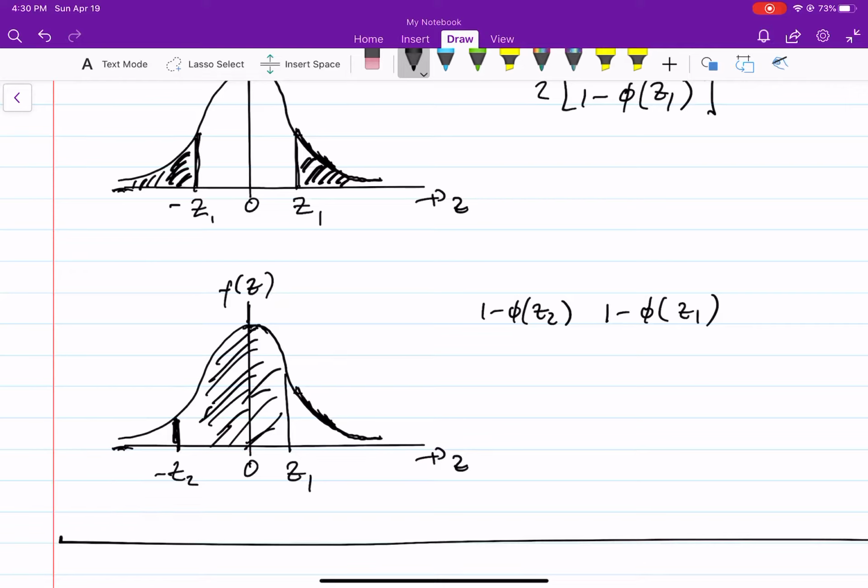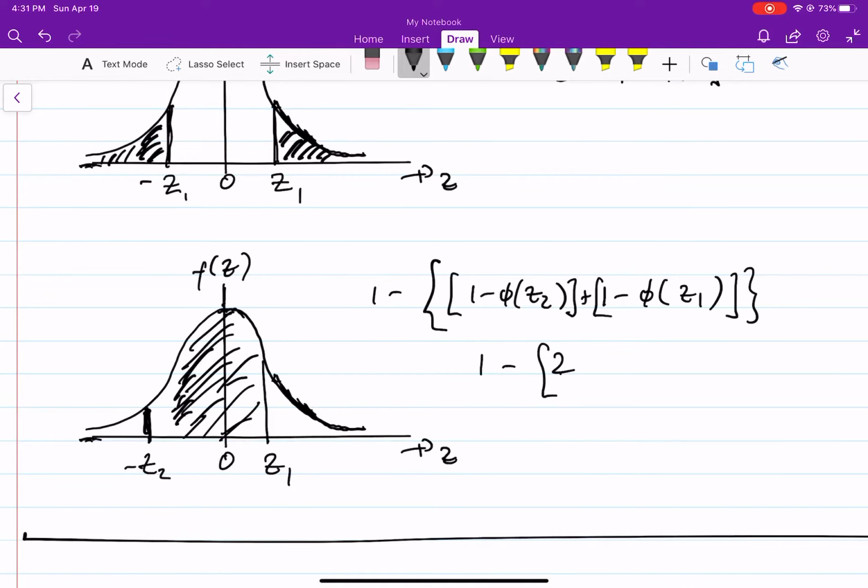If I add them, and then subtract all of that from 1, I'll get this piece in the middle, the portion shaded in between. Let's tidy up. This is 1 minus, into, that's 1 and 1, that's 2, minus phi of Z1 minus another phi of Z1 minus 2 phi of Z1. I push the minus inside. 1 minus 2 is,